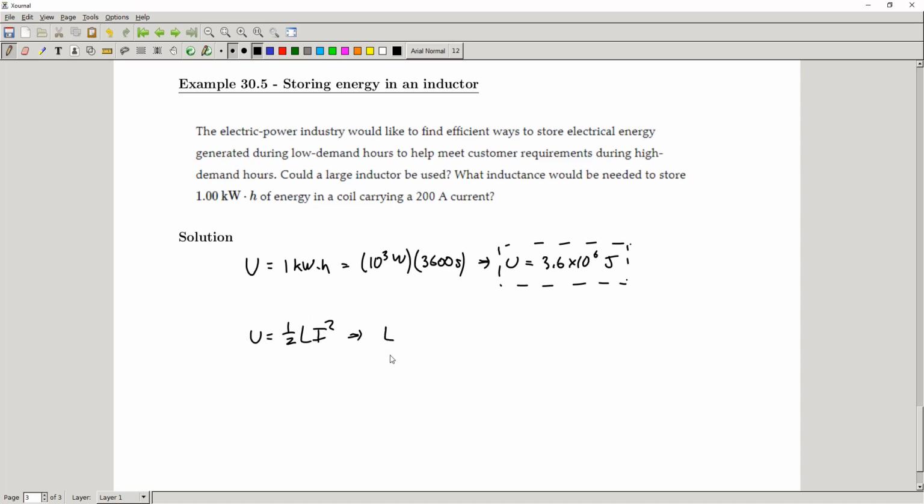Solving for L, we end up with 2U over I squared. Now we just substitute in these numbers. This U goes in here, and our 200 amps goes in the denominator. So we end up with L equal to 2 times 3.6 times 10 to the 6 over 200 squared. If you do that calculation, you're going to find a self-inductance of 180